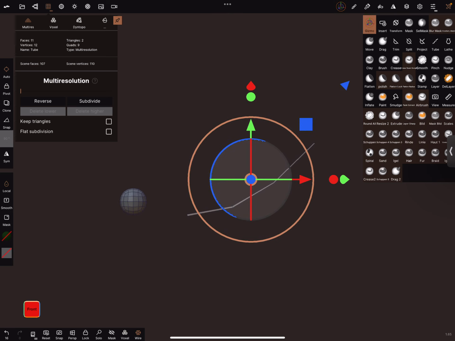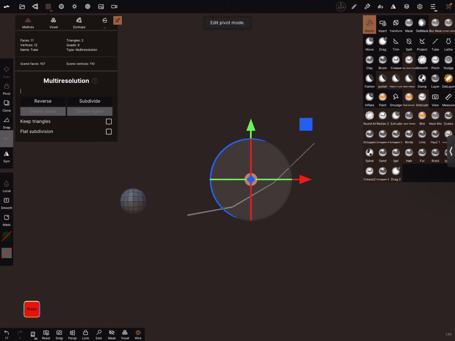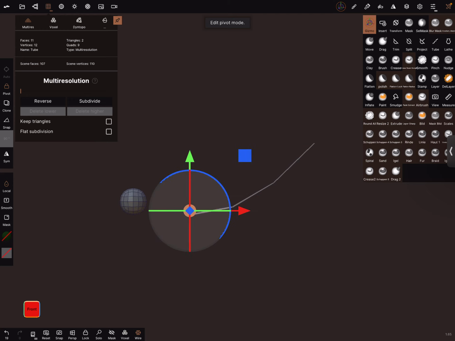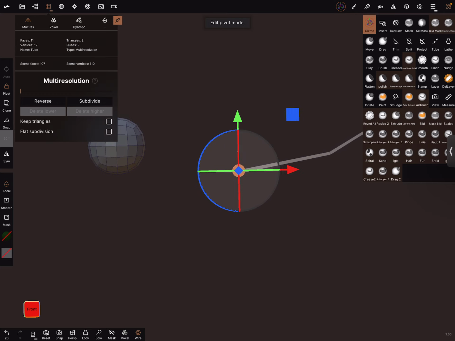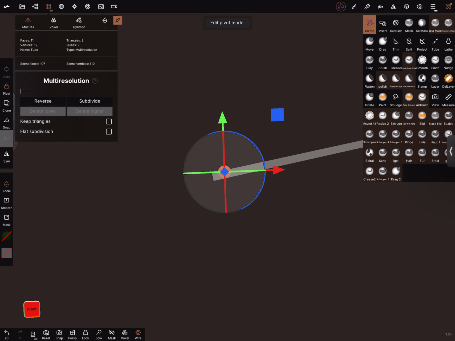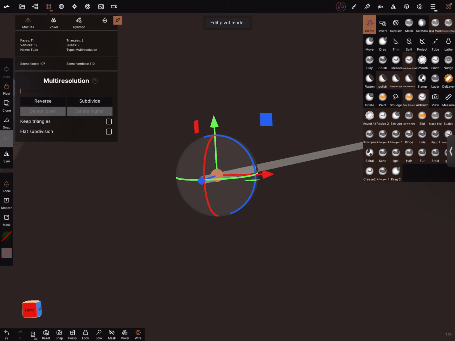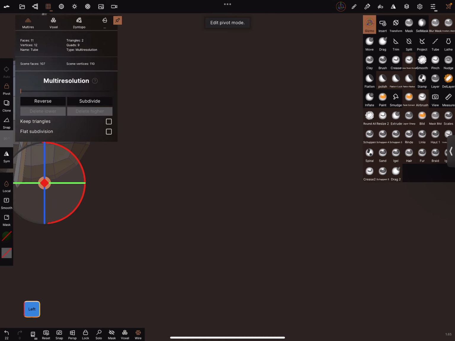Go in the side view or front view, and at the left side, adjust the pivot. And now you can place the pivot. This is the anchor point of the object. Rotate the view to the left view.